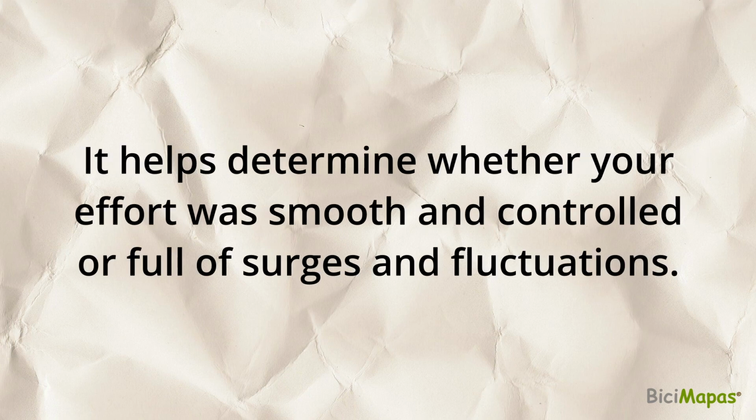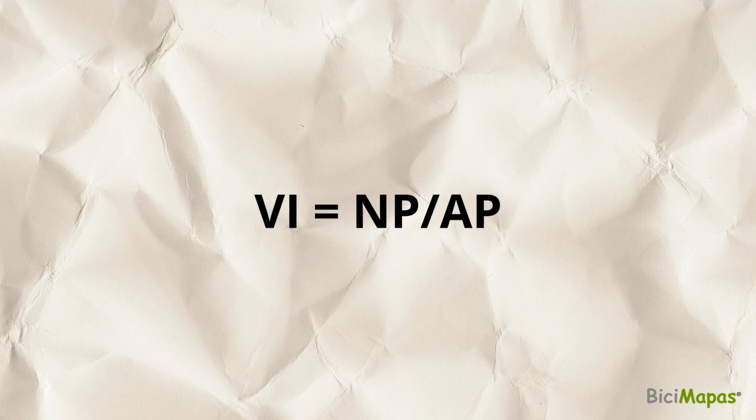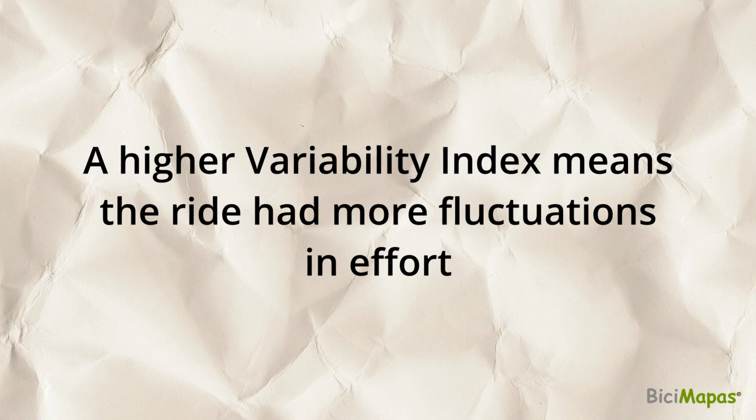It helps determine whether your effort was smooth and controlled or full of surges and fluctuations. Variability index is the ratio of normalized power to average power. Since normalized power accounts for power spikes and variability, a higher variability index means the ride had more fluctuations in